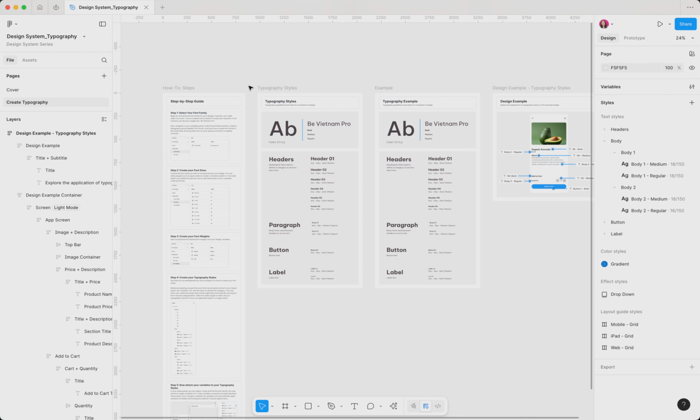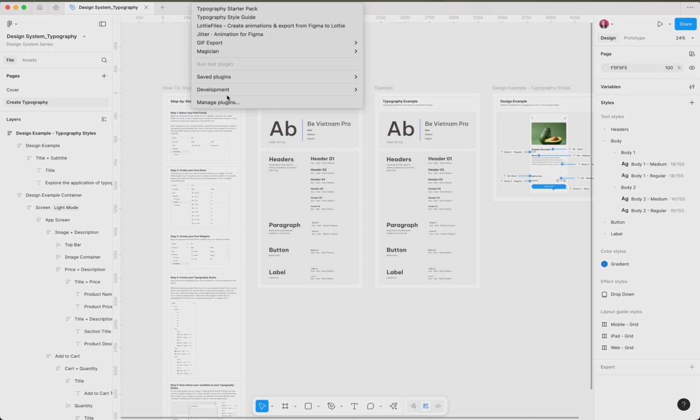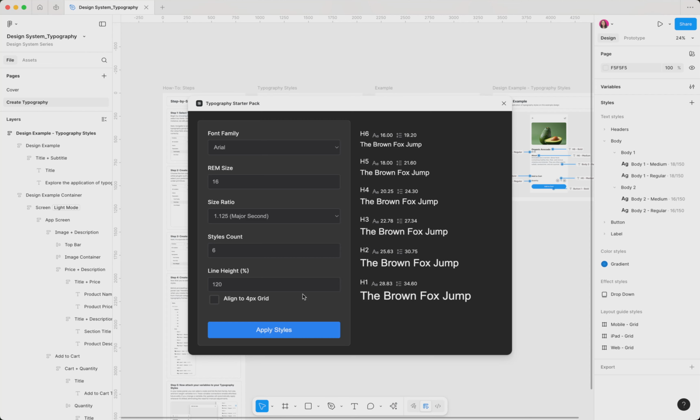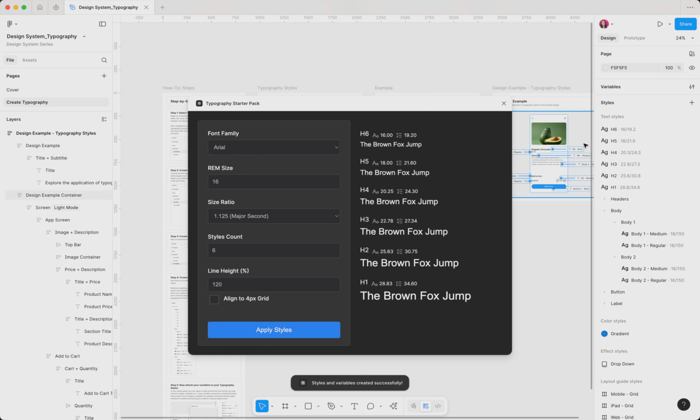So firstly, if you don't want to create them one by one yourself, you can go into your plugins and find a plugin for typography styles. There's quite a few of them out there. So for example, you can select Typography Starter Pack, and that will give you the option to plug in these different variables: font family, rem size, size ratio, style count, line height, etc., and be able to apply those into your Figma file. And when you click apply, you can see that the styles are generated on the right hand